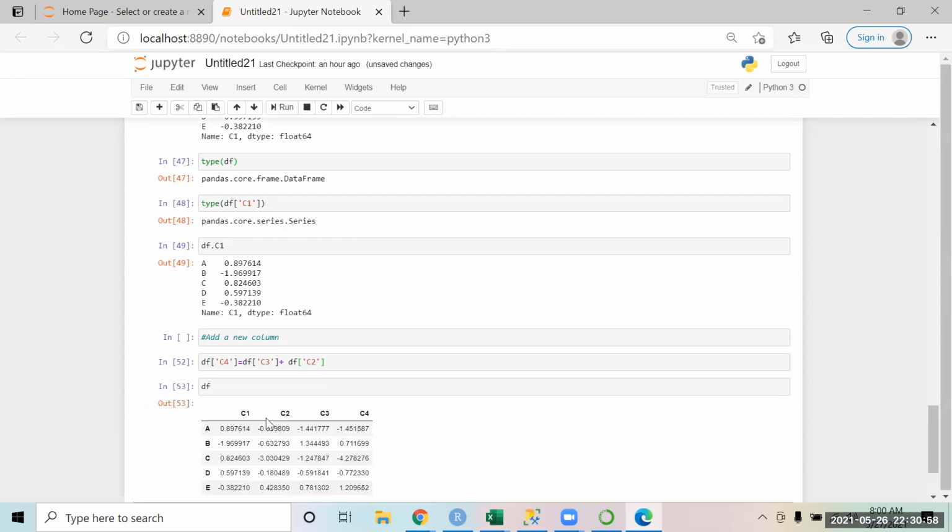And now you will notice the data frame has been updated, and now I have the fourth column as well. Right? You are able to try it.